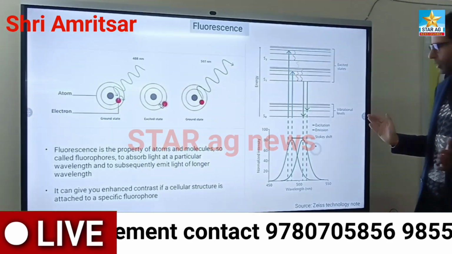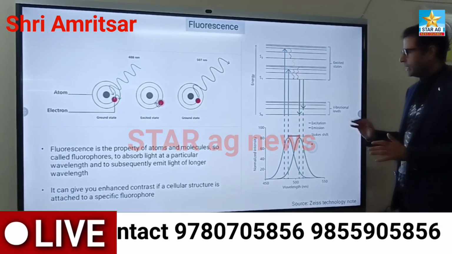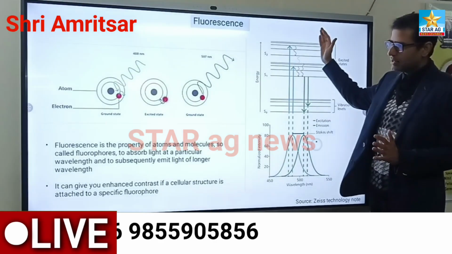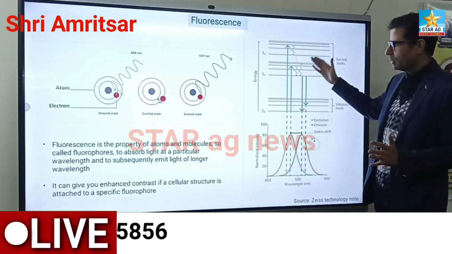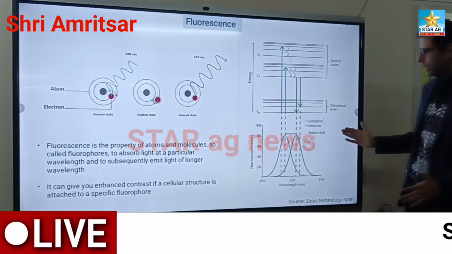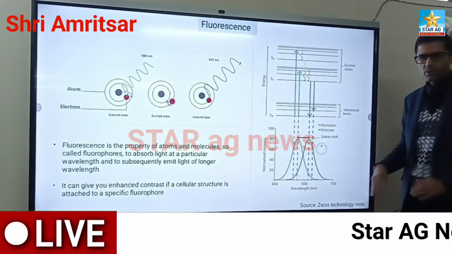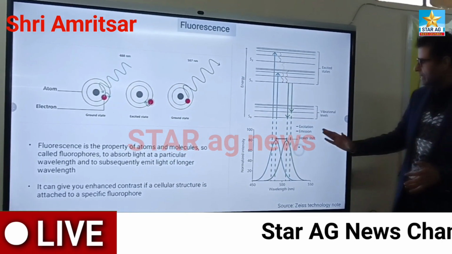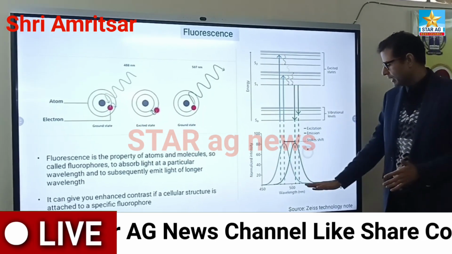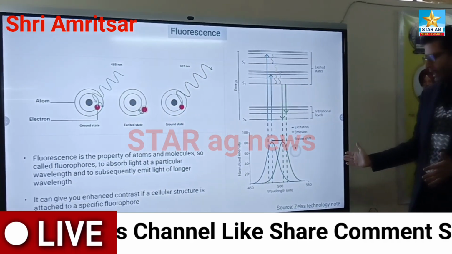So this is the basic process of fluorescence. One thing you can clearly notice is that the energy used to excite the electron is much higher than the energy at which the emission happens. That's why, if you look at the intensity versus wavelength plot, you would see that the excitation spectrum is at a lower wavelength or higher energy, while the emission spectrum is at a higher wavelength or